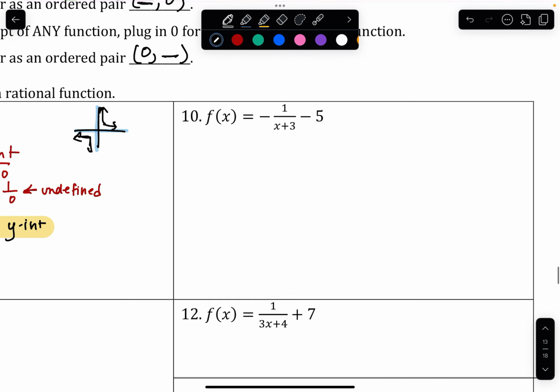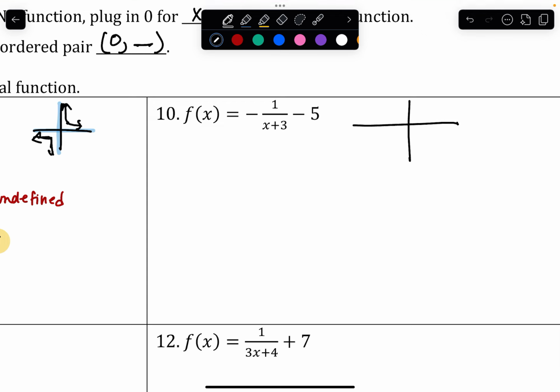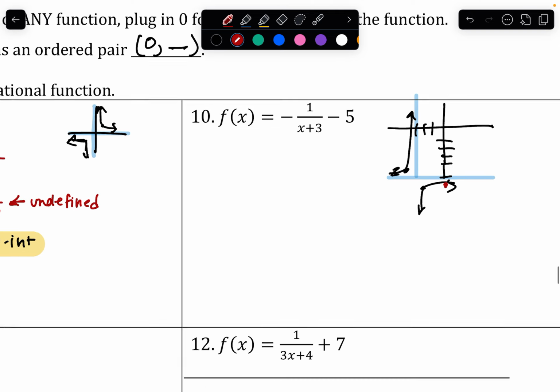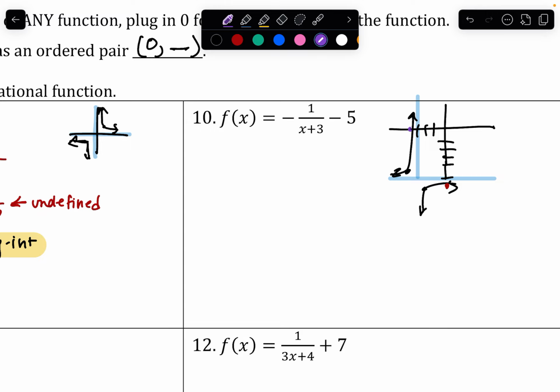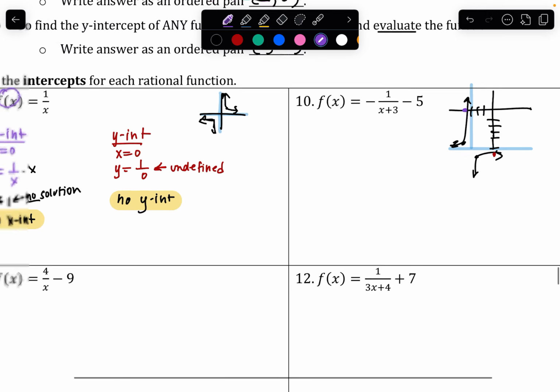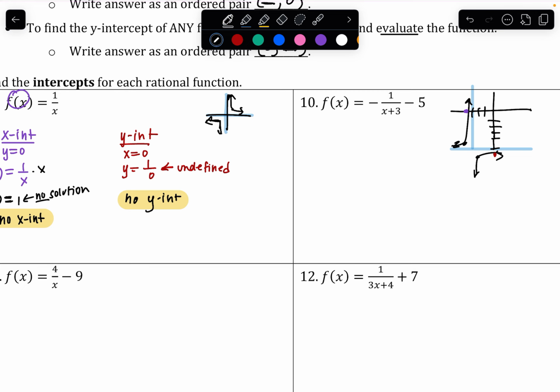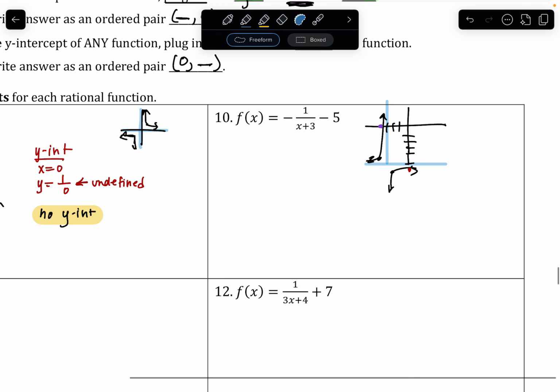Okay, here we could end up with one. Just picturing the graph, left 3, down 5. And then the reflection, I'd have a piece here and a piece down here. Okay, and so I can see that my y-intercept is going to be somewhere less than -5, and I can see that my x-intercept is going to be something less than -3. Okay, so to calculate it algebraically, starting with the x-intercept,